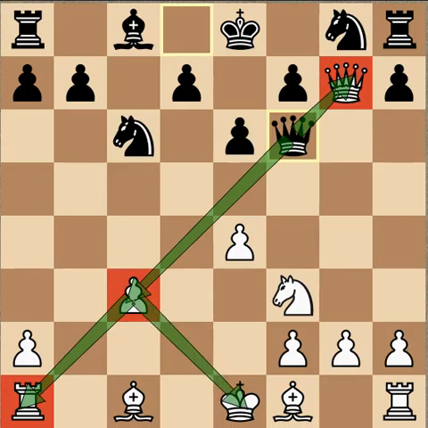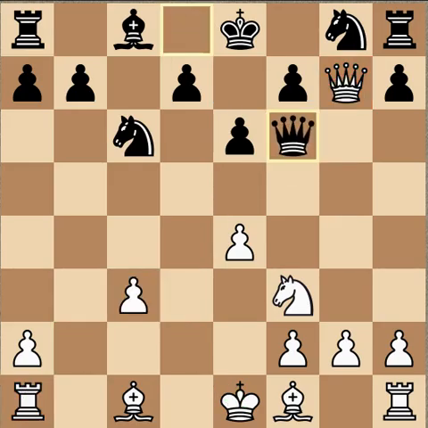So, if queen takes queen, knight takes queen, that doesn't do anything for white. And of course, if he does a move like queen g3, then black will just capture the c3 pawn. So what would you do here? Well,